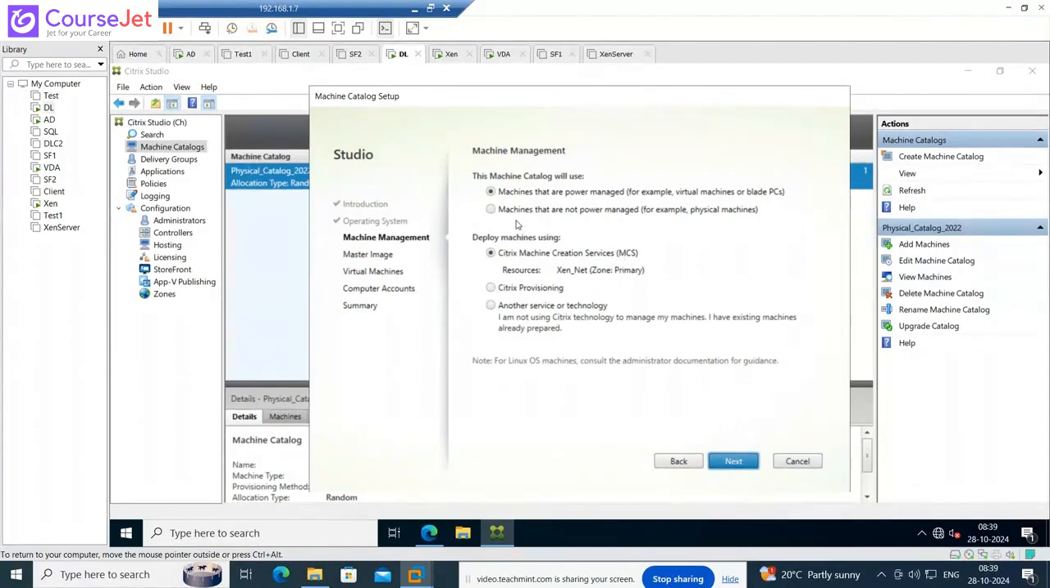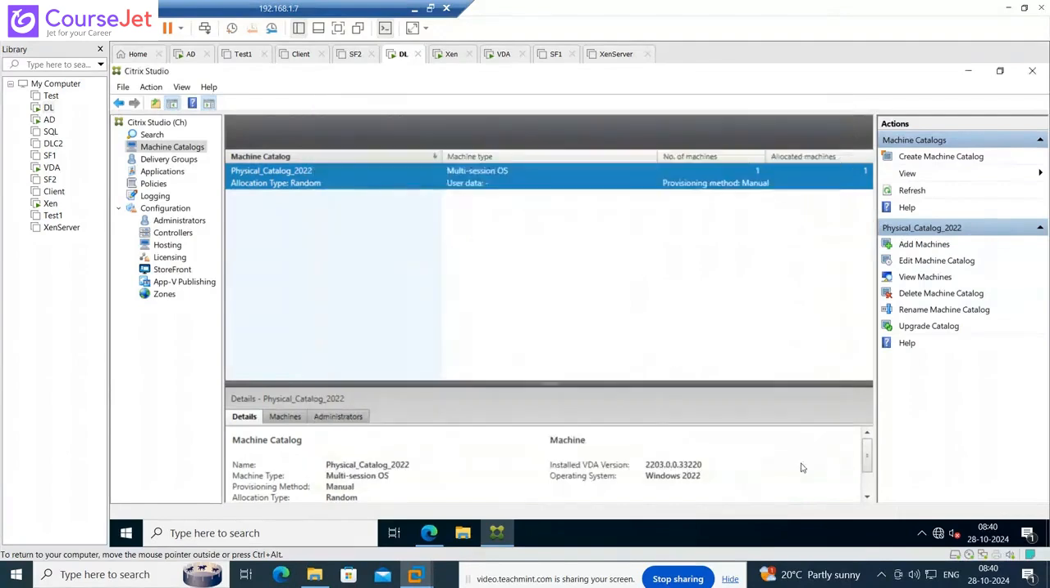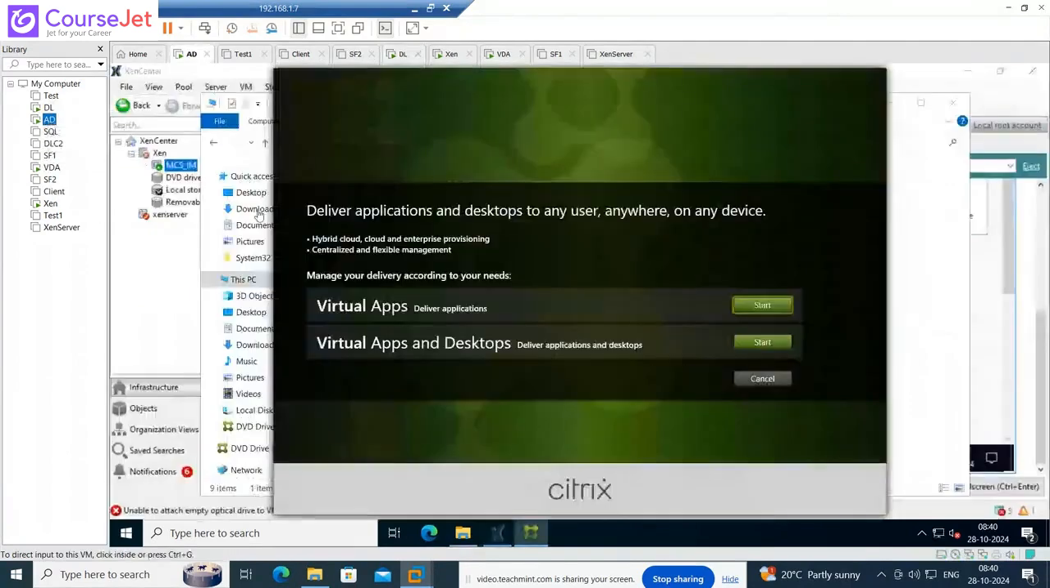So earlier when we tried to deploy it directly, these two options were disabled. So now since we have the hypervisor in place, we can power manage our VM from the console. So that's the reason you are able to see this option highlighted. So you can choose Citrix MCS or the Citrix provisioning server. So this will come back later. We'll cancel it. We'll get our